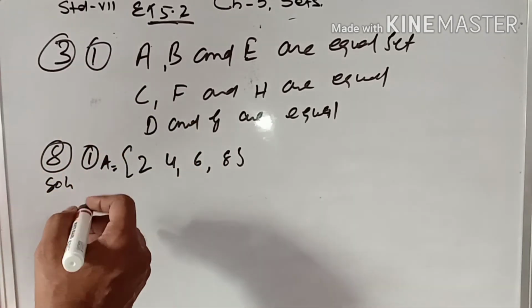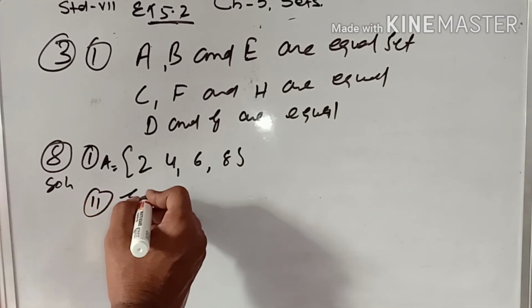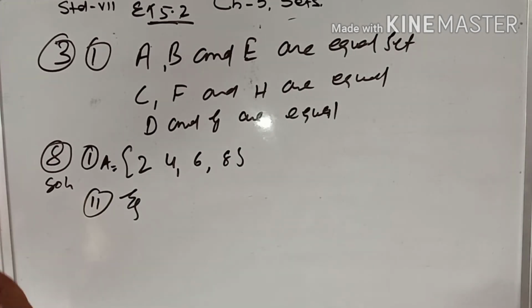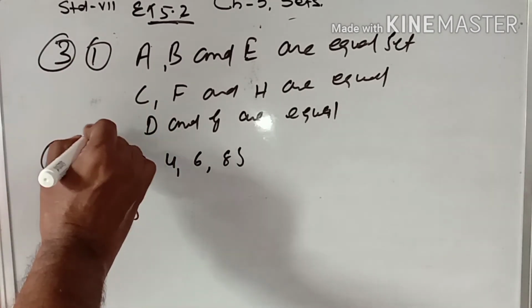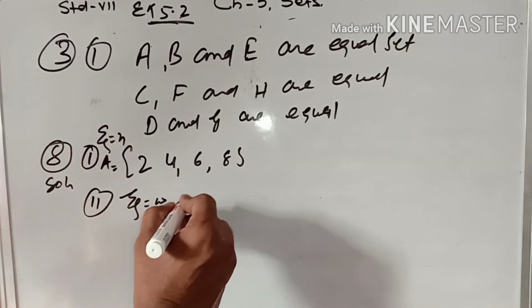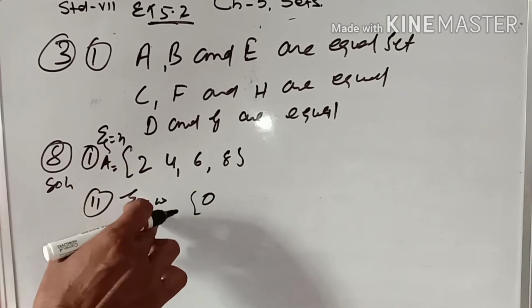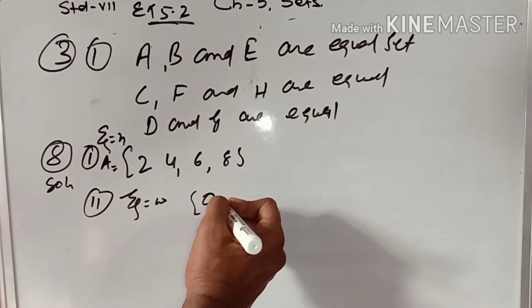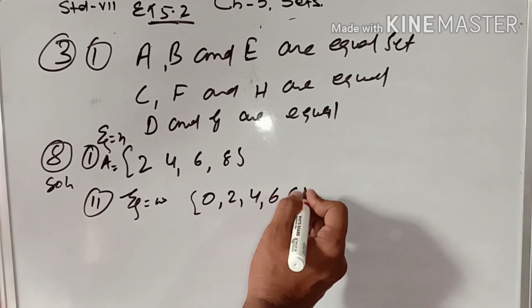Now universal set whole number it is given, so I can write what, we have to start from 0 only, so I can write what, if universal set equal to whole number, only difference will come what, 0 only come, because it is given natural number, here it is given whole number. So I can start 0 2 4 6 and 8.